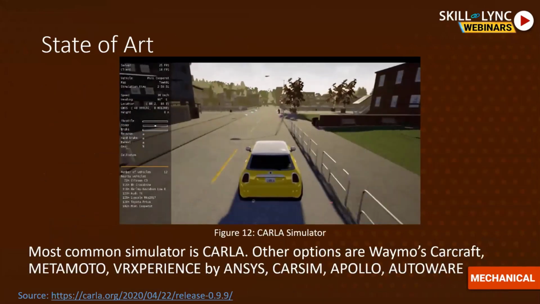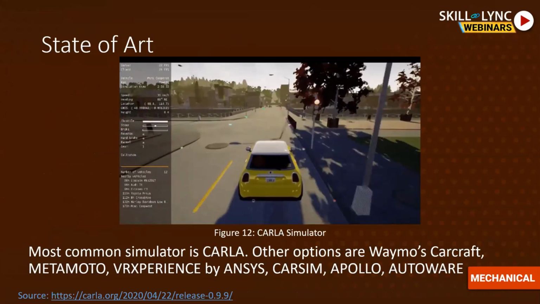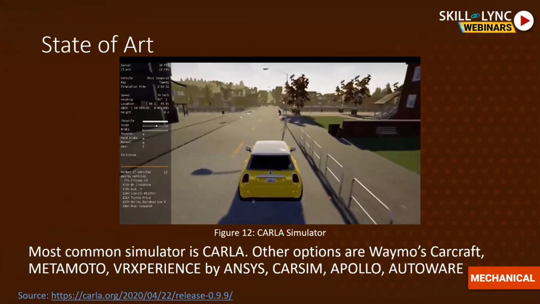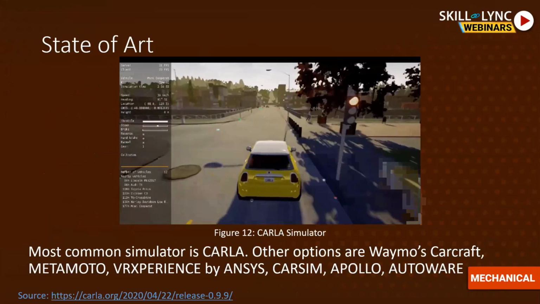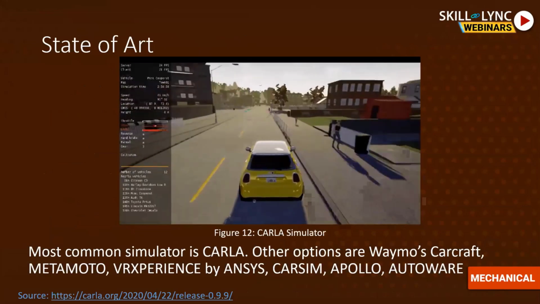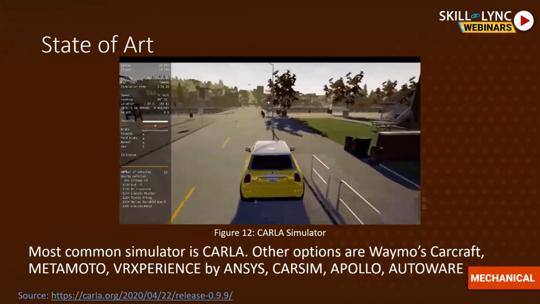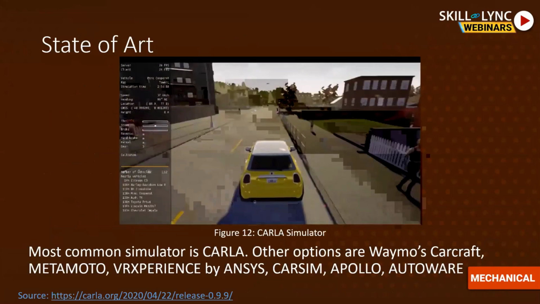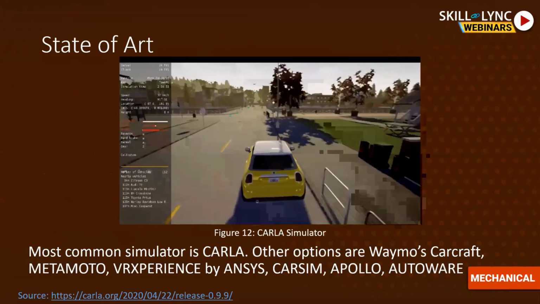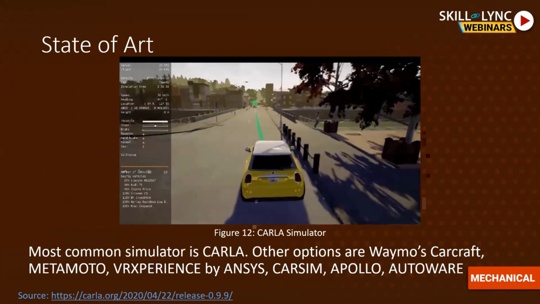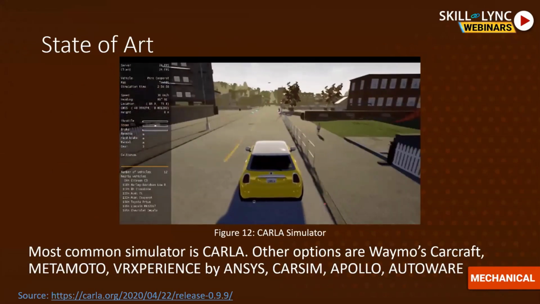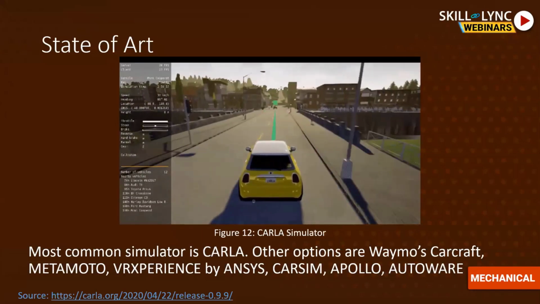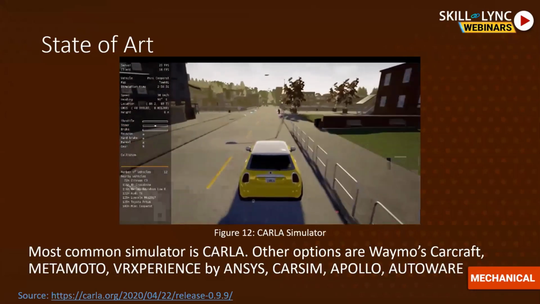So talking about some of the state-of-the-art vehicle simulators, the most common which I have seen, at least for the automated driving domain after MATLAB and Simulink, is Carla. The main reason is that it's open source, and for using MATLAB, you need a specific license. The other advantage is it's also getting more and more realistic. As you can see, you have vehicles, you have pedestrians, and you can model almost any one of them. And they are not moving in a specific path; you can actually program the way each one of the elements works. For open source material, it is pretty good.